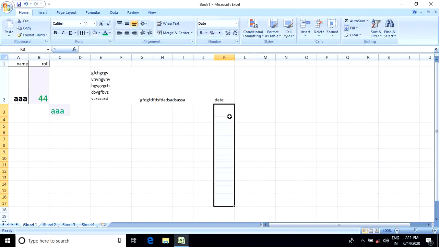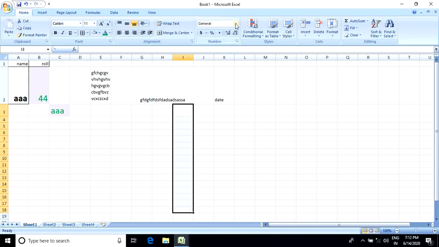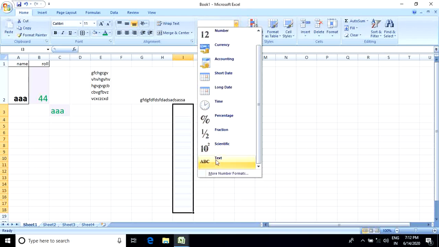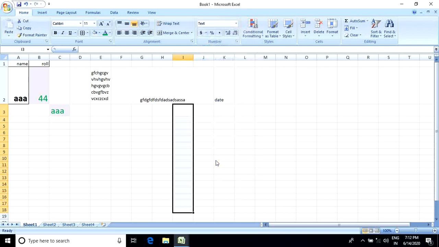Okay, you can choose by default. Suppose you want all values to be text, so select this one and click on the text value. This is the formatting of cell.